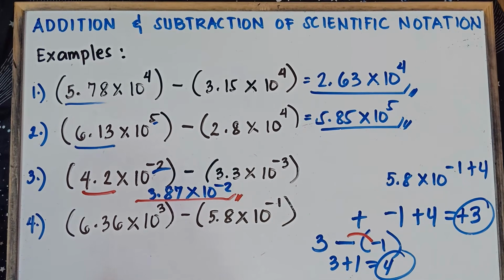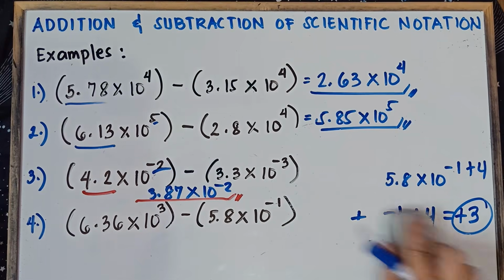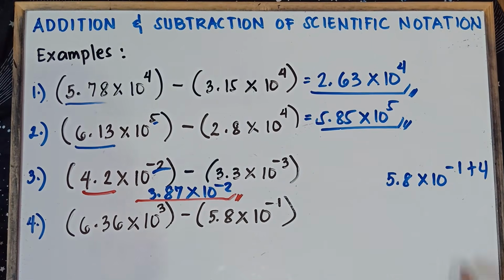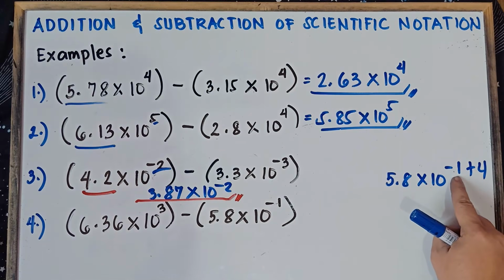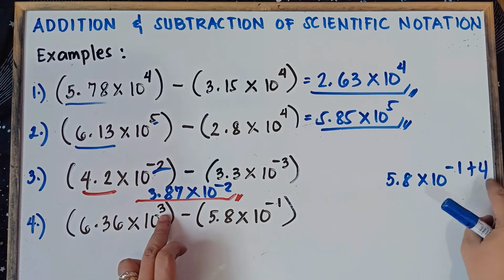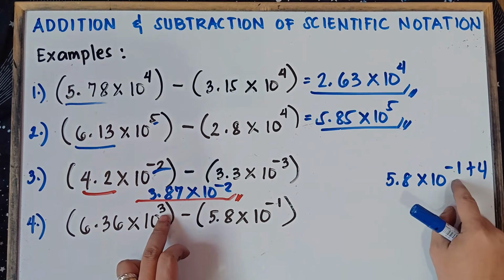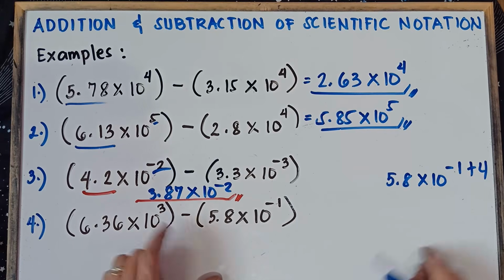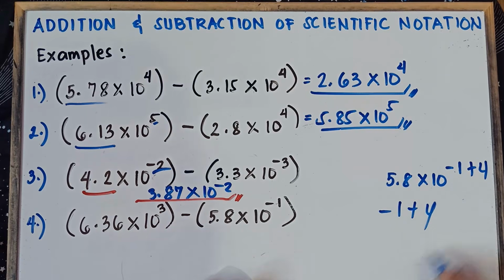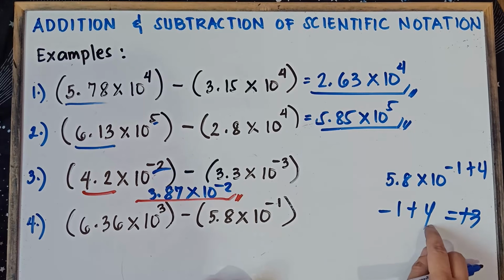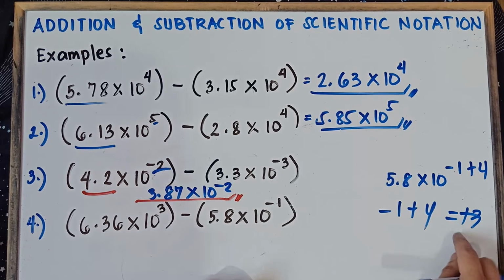Once again, in the long way, you get 4 by subtracting the bigger number minus the smaller number. But it will take time, class. You can think of it this way: what number do we need to add to negative 1 so that we can get positive 3? Of course, it is positive 4, because negative 1 plus positive 4 is positive 3. Unlike signs, subtract 4 minus 1 is 3. Now, 4 is greater than 1, so we copy the sign. That's why we have positive 3.